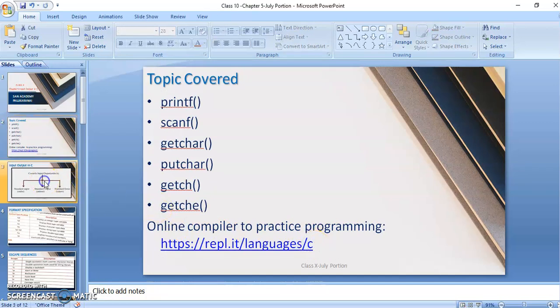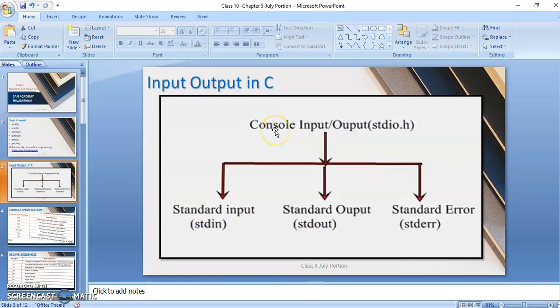So what is input? Through a keyboard, if we give some input to the devices, that is known as STDIN, standard input. And the monitor, a common output device, is known as STDOUT.